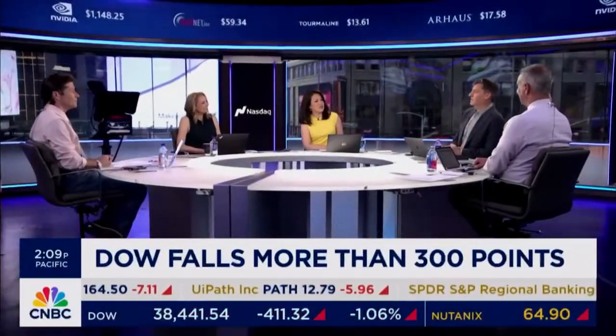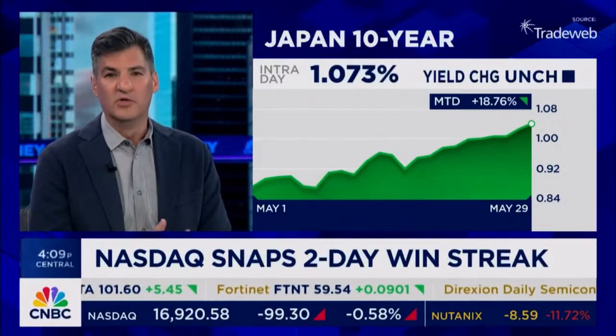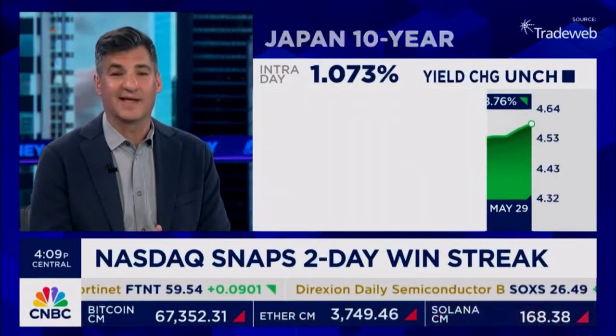Yeah, it's interesting. You guys keep coming back to Japan and what's going on there, and sooner or later there might be a knock-on effect as it relates to rates. Do they start selling U.S. Treasuries and the like? Just from a technical standpoint, if you look at that uptrend that's been in place from that 4.25 level, it looks like it could get up to 5%.